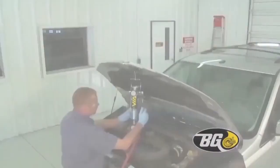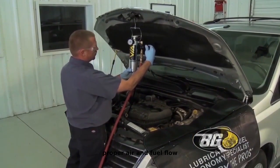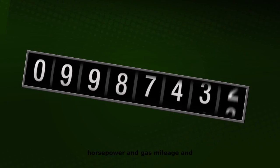gas mileage. The BG Fuel and Air Induction Service removes deposits, ensuring proper air and fuel flow. Your vehicle will accelerate like new, with an increase in horsepower and gas mileage, and a decrease in